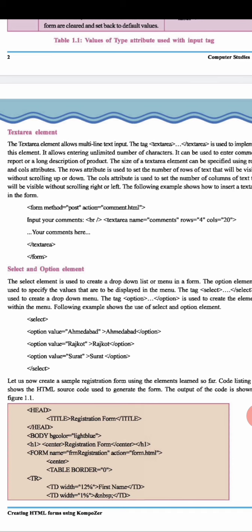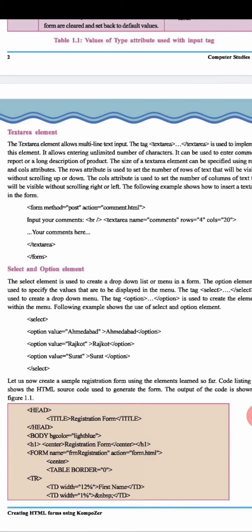Textarea takes the number of rows as much as you want, and the number of columns as much as you want. Rows, you know very well. As many lines as you want for the text box, you can keep.